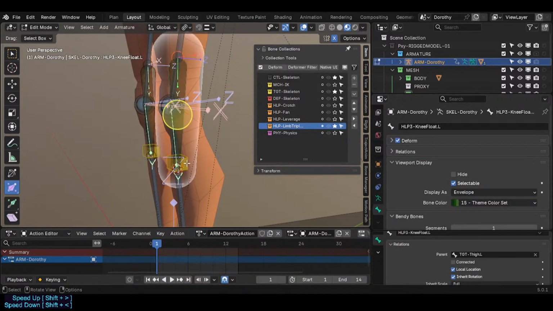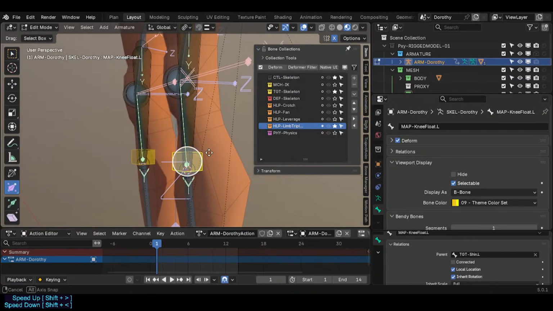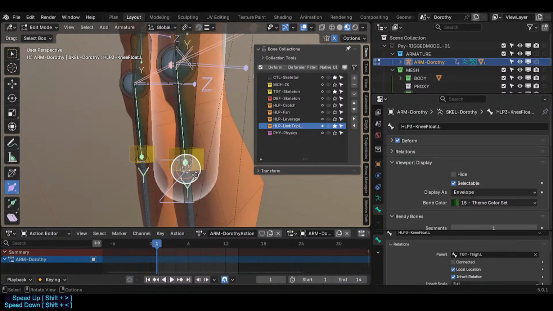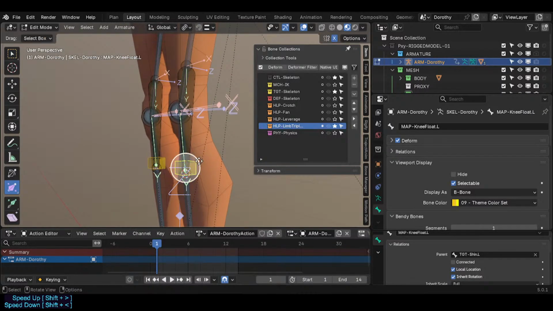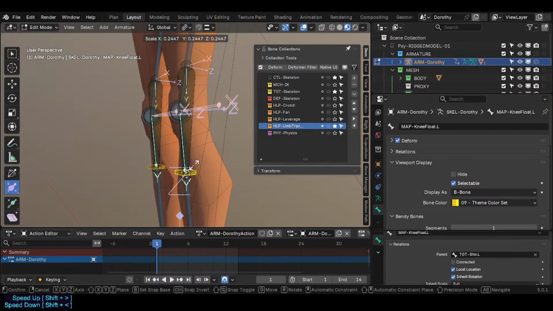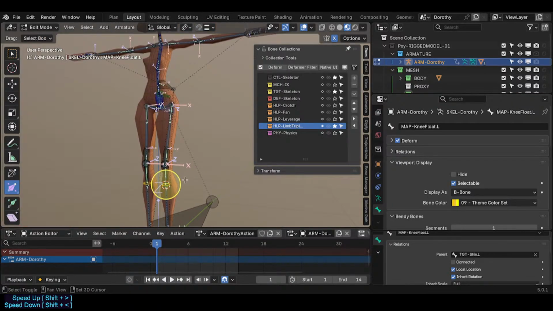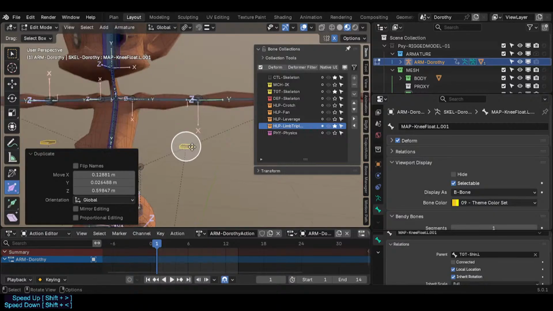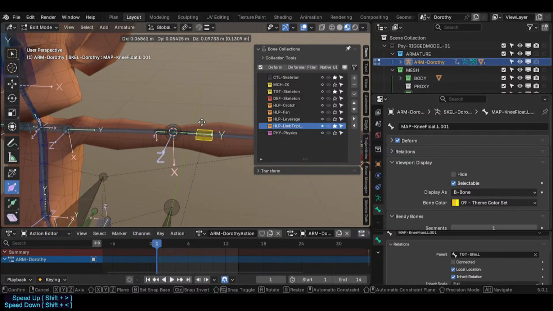symmetrize, then we're gonna, actually, if this is the position, then it's the, no, this is the head. Okay, this is fine. The bone length really doesn't matter, so you can just do something like this. Then we're gonna shift D this, and we're gonna find some point there